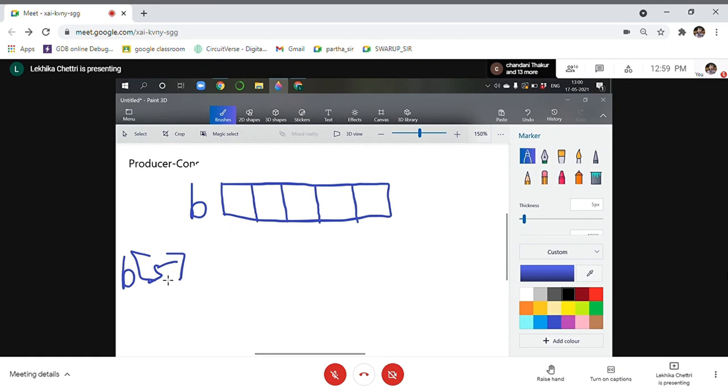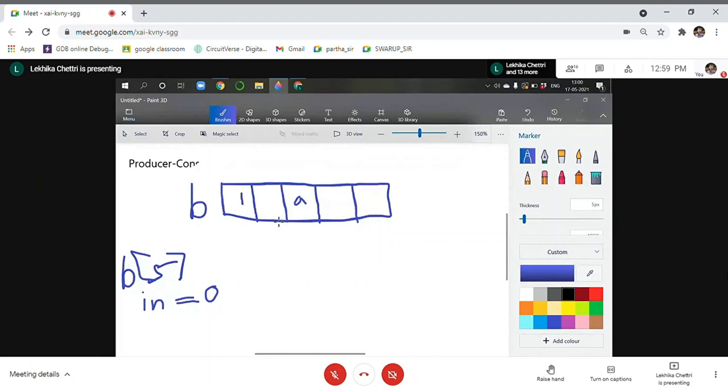We usually use the term in. In is where I'll store when a producer produces, that means the next free location. If I've already stored 1 here, and a new value A comes, you cannot store it randomly.